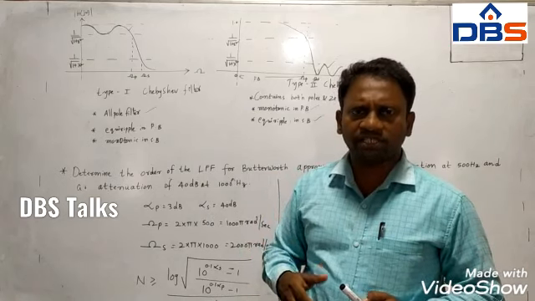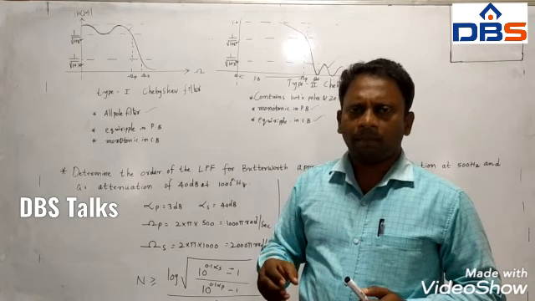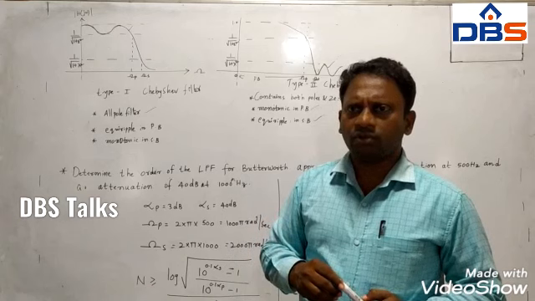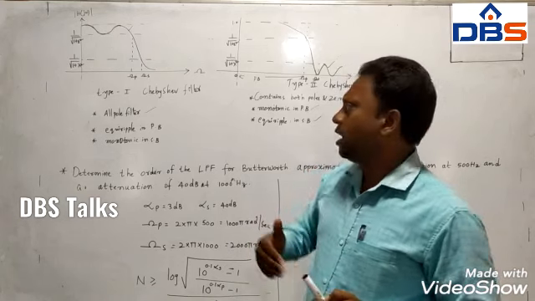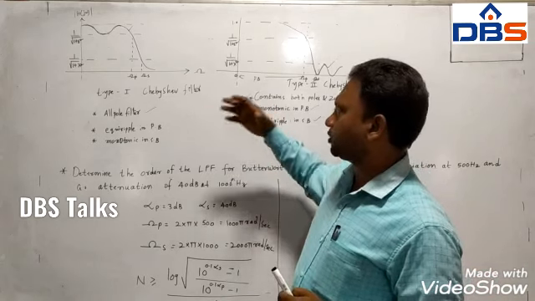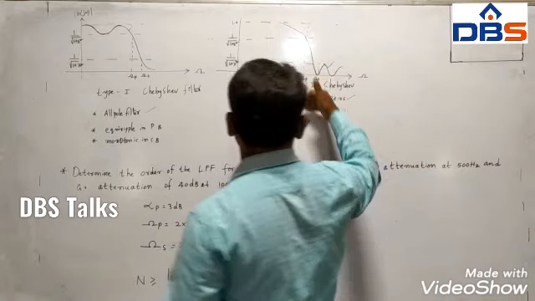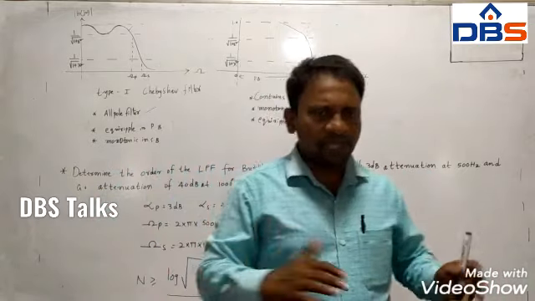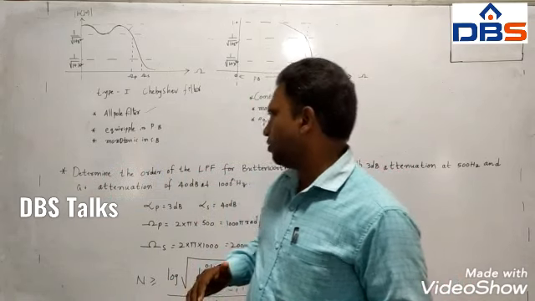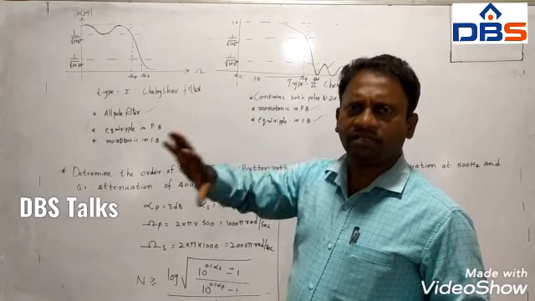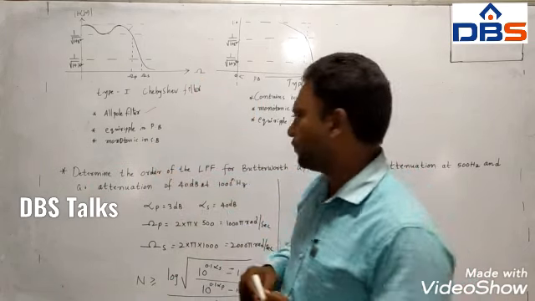Another difference is that in Chebyshev filters both poles and zeros are present, but in a Butterworth filter the number of poles is higher. A larger number of poles is present in the Butterworth filter compared to Chebyshev filters. Okay, so these are some common differences and similarities between Butterworth filters and Chebyshev filters. This is the general introduction to analog filters, that is, Butterworth filters and Chebyshev filters.